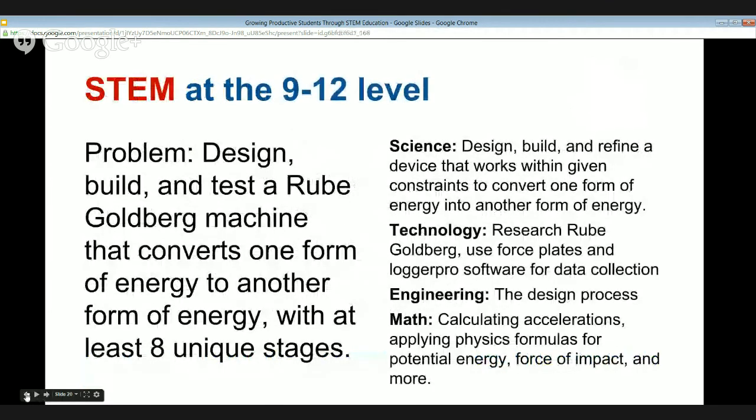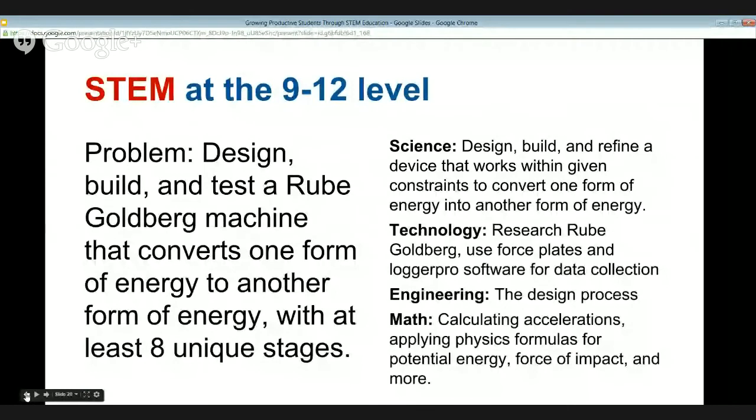So at the 9-12 level, this one is one that students just have some fun with. It's technically not a real world problem, but it's showing that you can also have a little bit of fun while you're doing this. At the 9-12 level, they look at energy and energy conversion. I introduce them to Rube Goldberg here, and I do have a handout or a link to Rube Goldberg here because